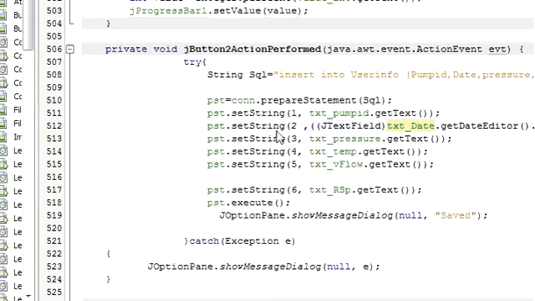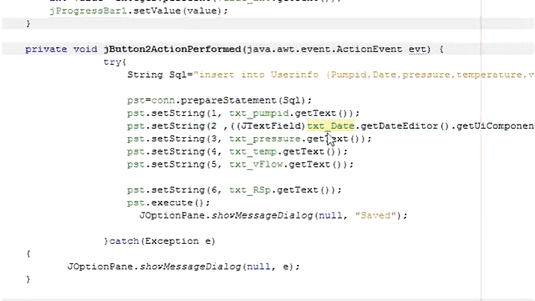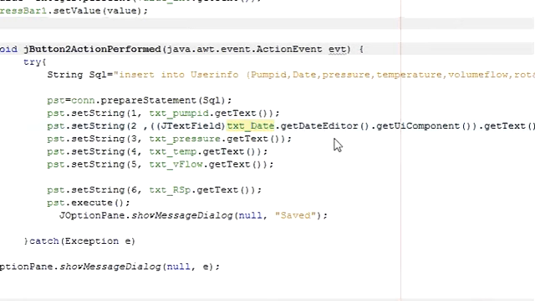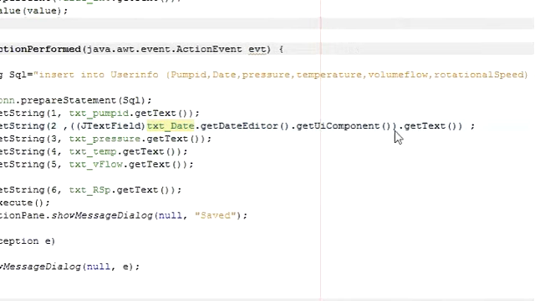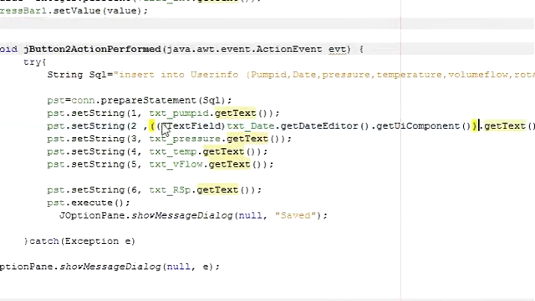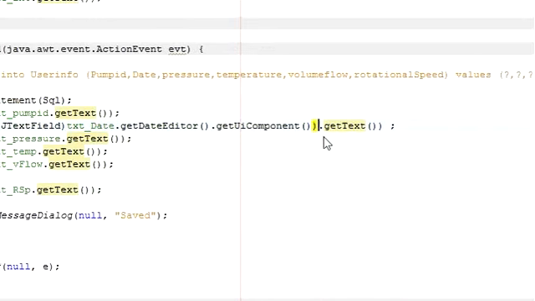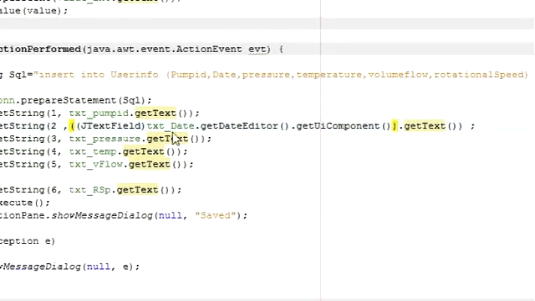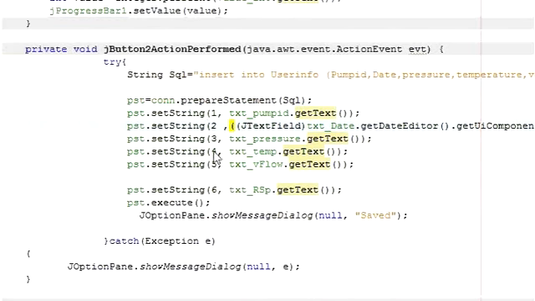So for the date you should write pst.setString 2 comma jtext field, and then your variable name, txt date in my case, dot get date editor dot get UI component, bracket closed, and then dot get text. And now we try to run our program,